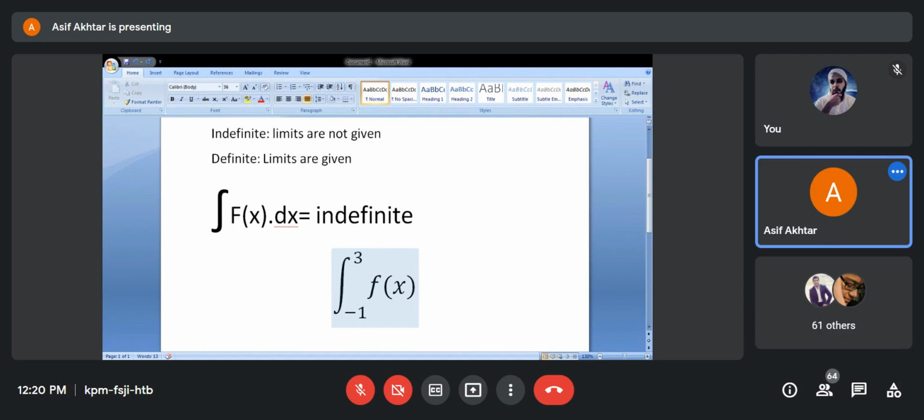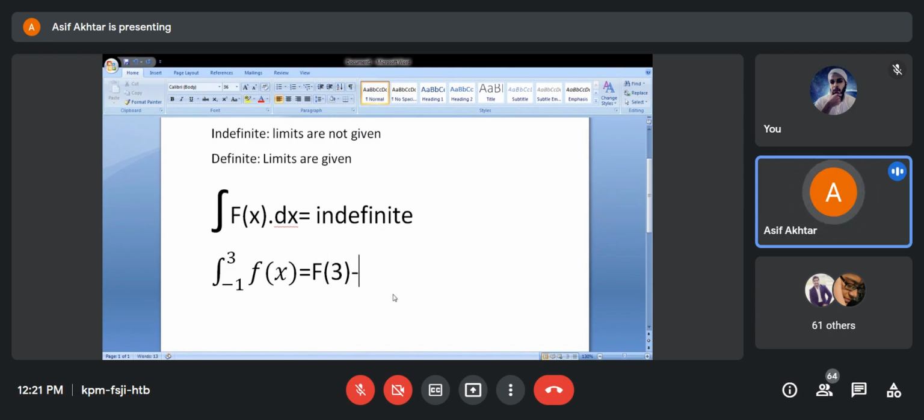In definite integration, the only difference is that we put it like this, and when we integrate, suppose this is the integral F, we put the upper limit first, F(3), then the minus sign of subtraction, and then F(-1). So what we need to do is, if we have a function f(x), we integrate it, and then we put the upper limit, and then we put the lower limit. For example, I will just take it as f(x)